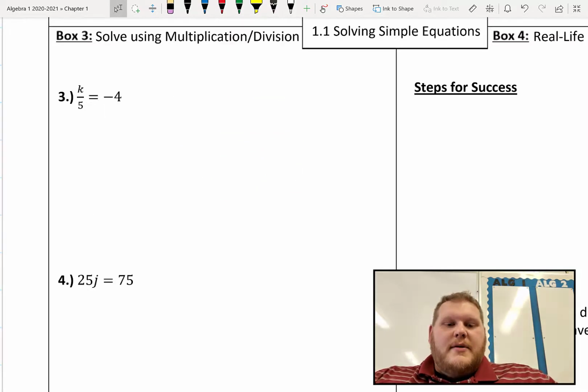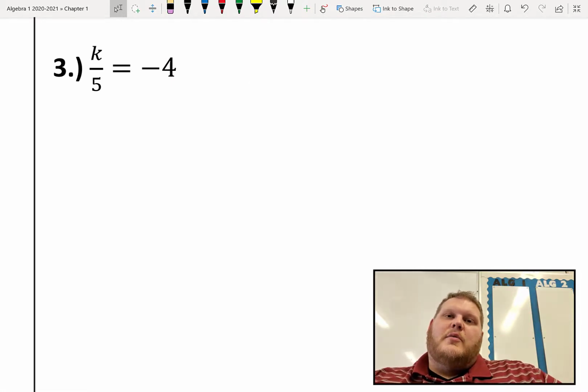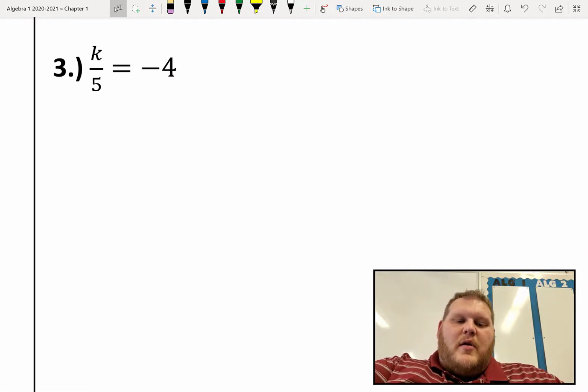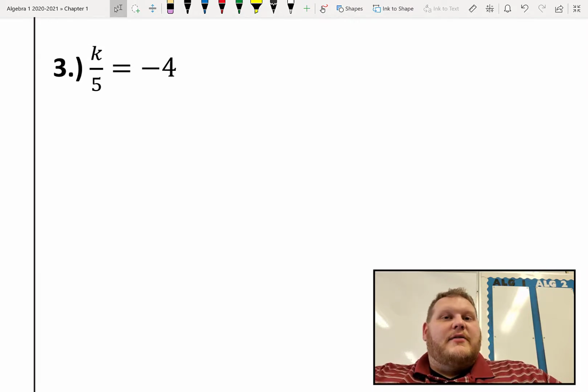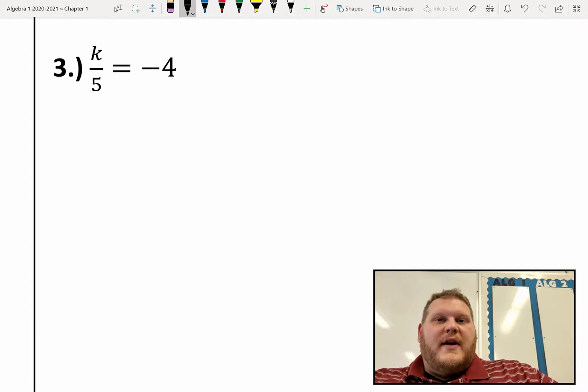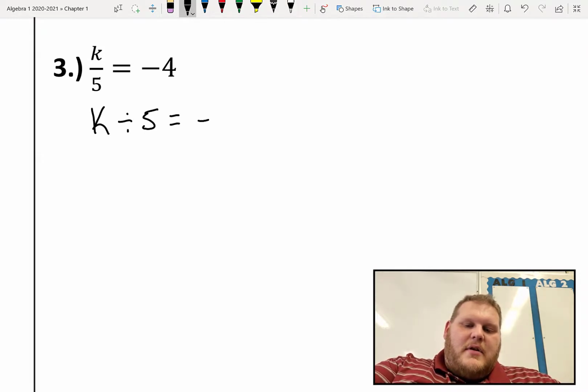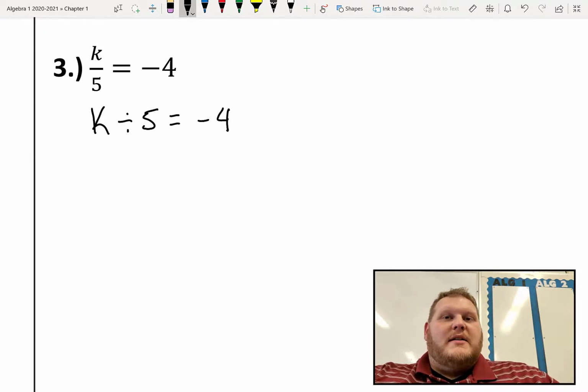Moving on to box 3. Box 3 is focusing on multiplication and division. Now this one looks a little bit confusing because for number 3, it looks like it's written as a fraction equals a number. So what I have to do here is be aware of my symbols. There's a lot of different ways that math can be written, because this is k over 5, but this is also the same thing as k divided by 5 equals -4,